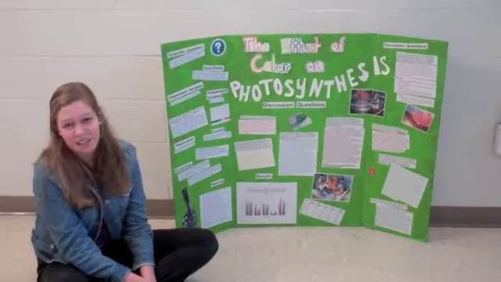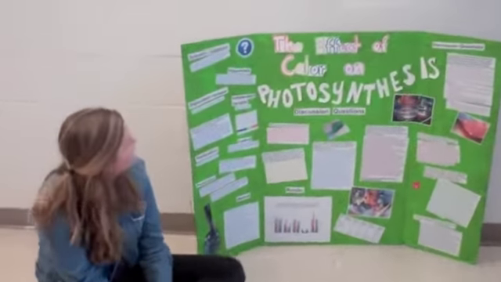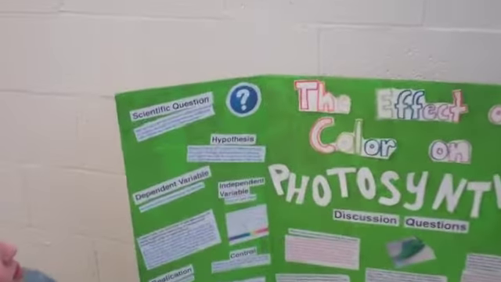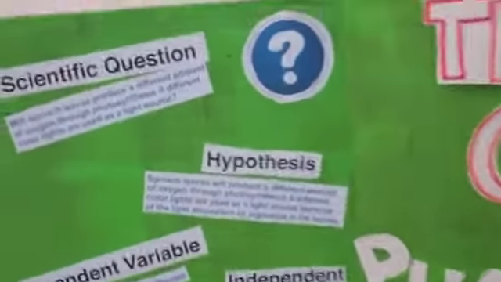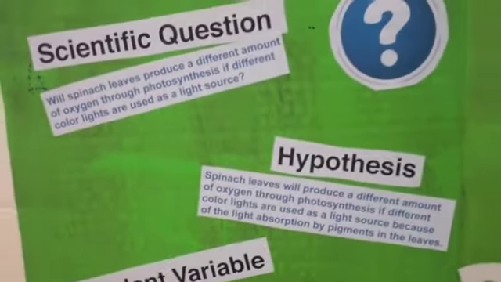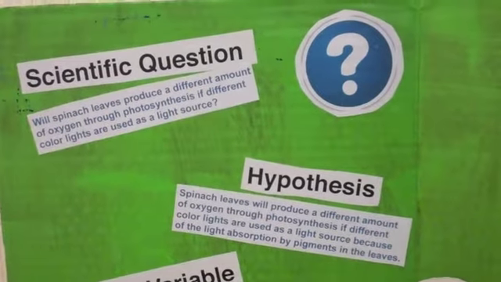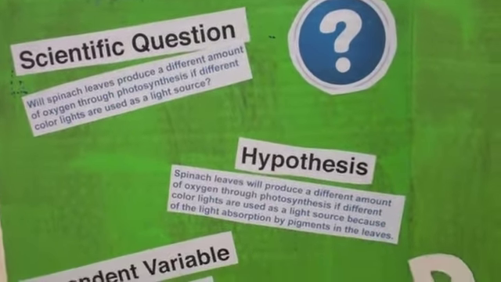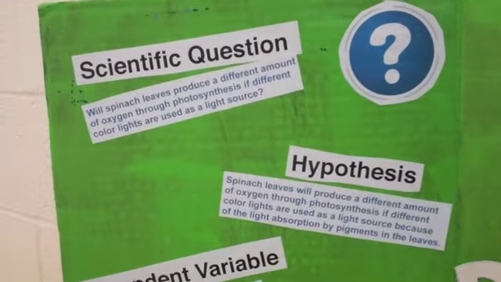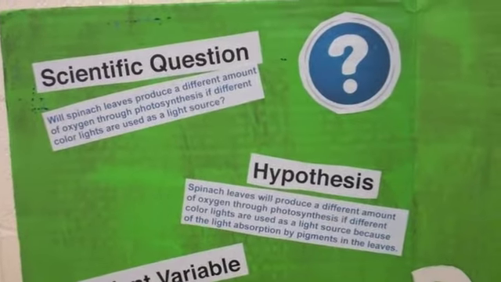Our experiment was on the effect of color on photosynthesis. Our scientific question was, will spinach leaves produce a different amount of oxygen through photosynthesis if different color lights are used as a light source? Our hypothesis was, spinach leaves will produce a different amount of oxygen through photosynthesis if different color lights are used